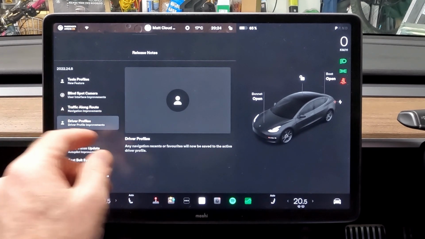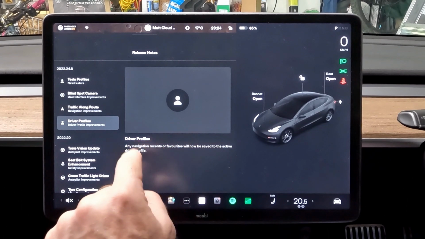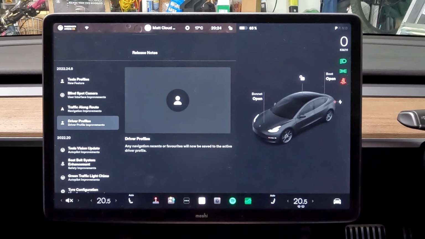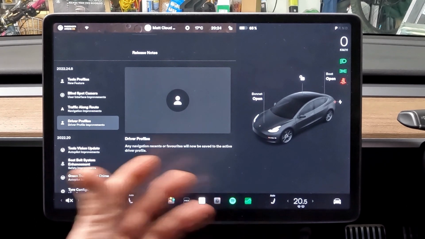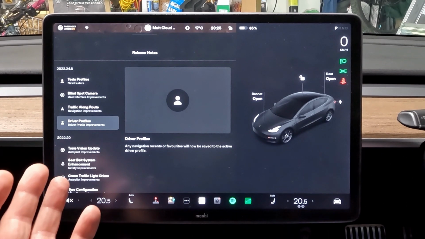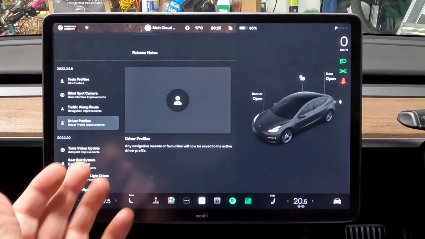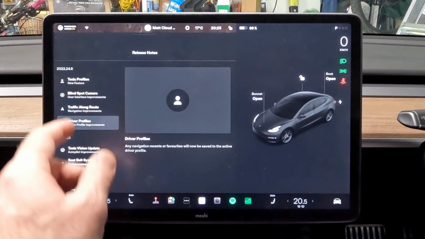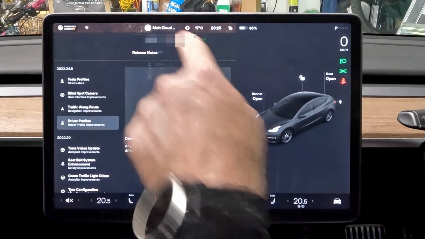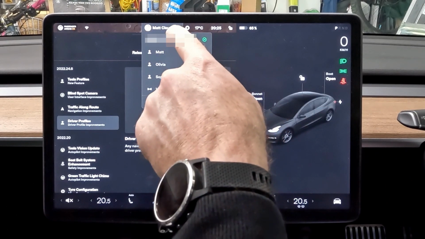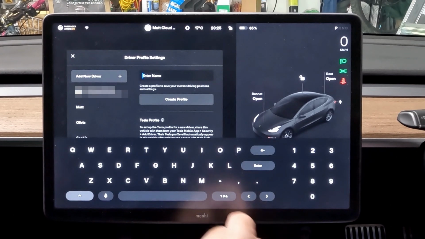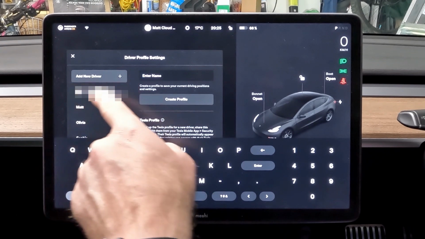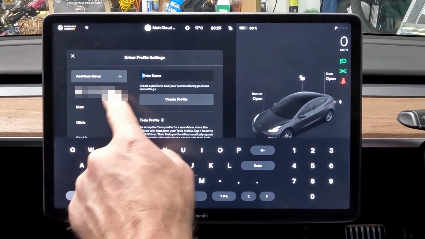Driver profiles. This is actually more to do with your navigation history and your favorites. They'll now be saved to your driver profile. So you can have different favorites for the different driver profiles. I'll just show you here the profiles. If you click on the profile up there, you can now go into driver profile settings. You can see here now that you have a new driver profile. When this first came up,